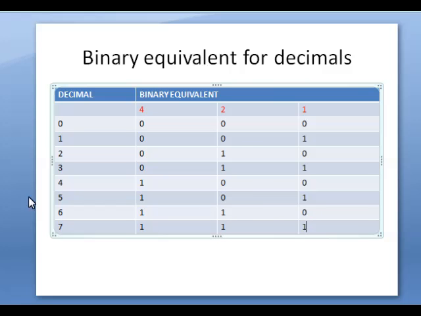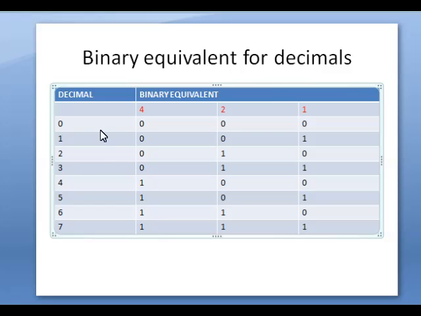So the bits are over. See, यहाँ पे 3 bits means 0 to 7. यहाँ पे add करके देखिए, 1 plus 2 is 3, 3 plus 4 is 7. So 3 bits means 0 to 7. If it is a 4 bit means आपको 16 तक लिखना है, तो it is 1. The next bit is 8 will come. So this is how you have to write the binary equivalent of any decimal number.